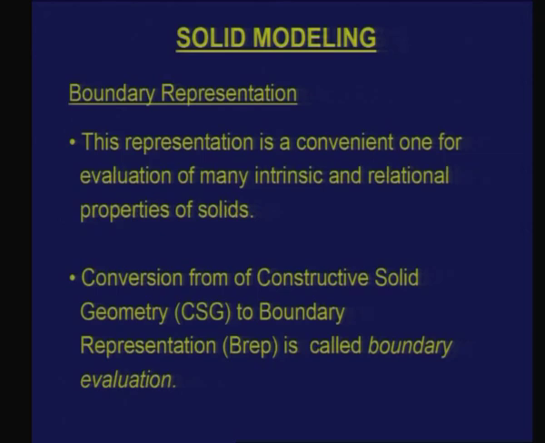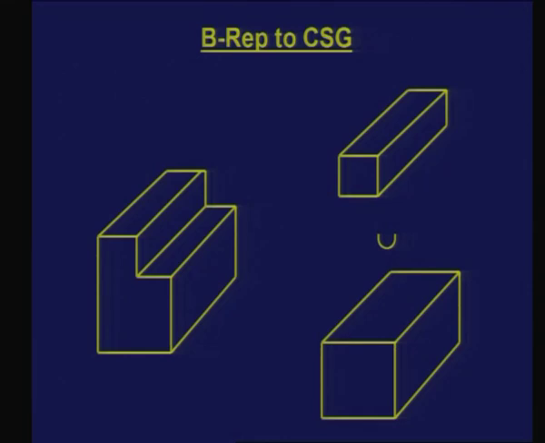Given a boundary representation, converting into a constructive solid geometry is not needed in many cases, and neither is it a unique operation. CSG to boundary representation is unique, whereas boundary representation to constructive solid geometry is not unique. Let me take an example: let us say I have an object like this, which is shown on the left. Now what would be a constructive solid geometry representation of this? Somebody may say this is a union of 2 cuboids, one which corresponds to this and another, and I put them together to get an object like this.